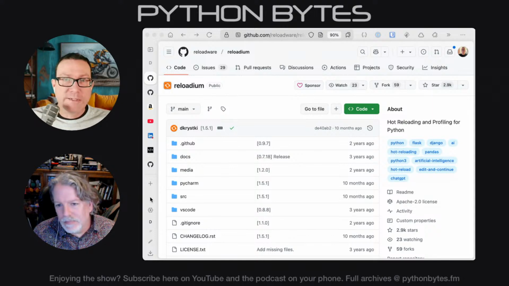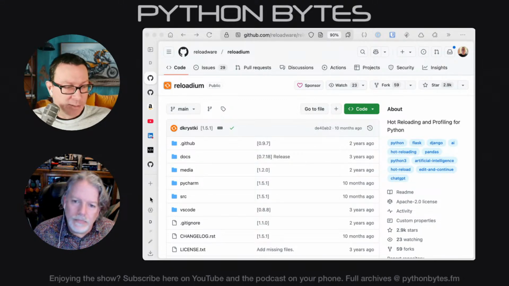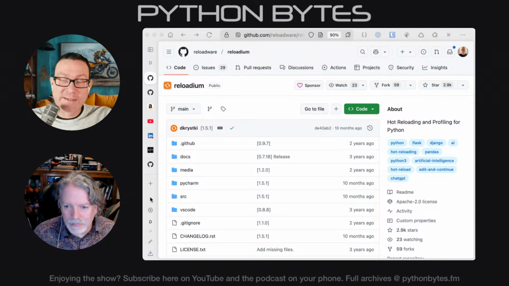For example, by default, if I run a Flask app and open it up in the browser and I see the page I'm working on, and then I go over and edit the Jinja template and hit save and refresh the browser, nothing happens. I have to go back to Flask, restart Flask, go back to the browser, reload the browser. Now I can see my changes.